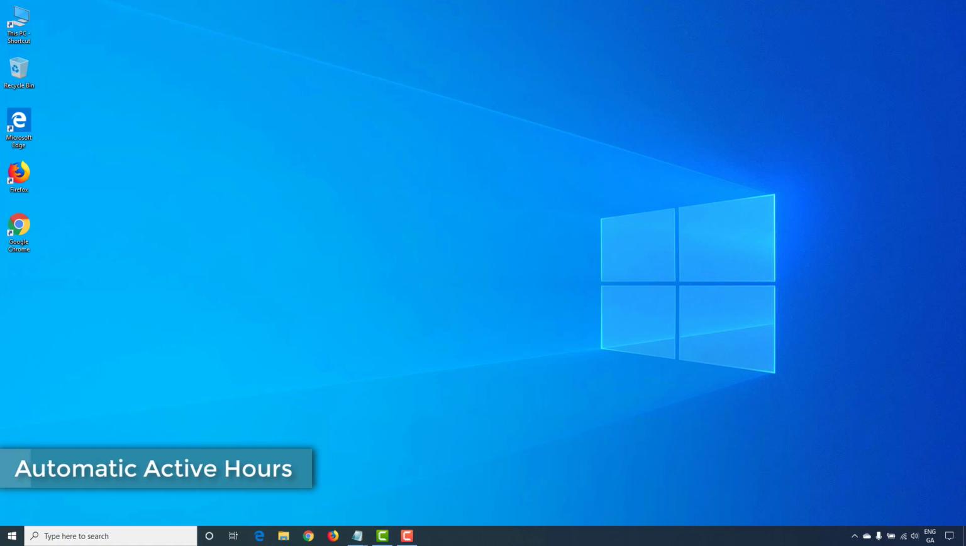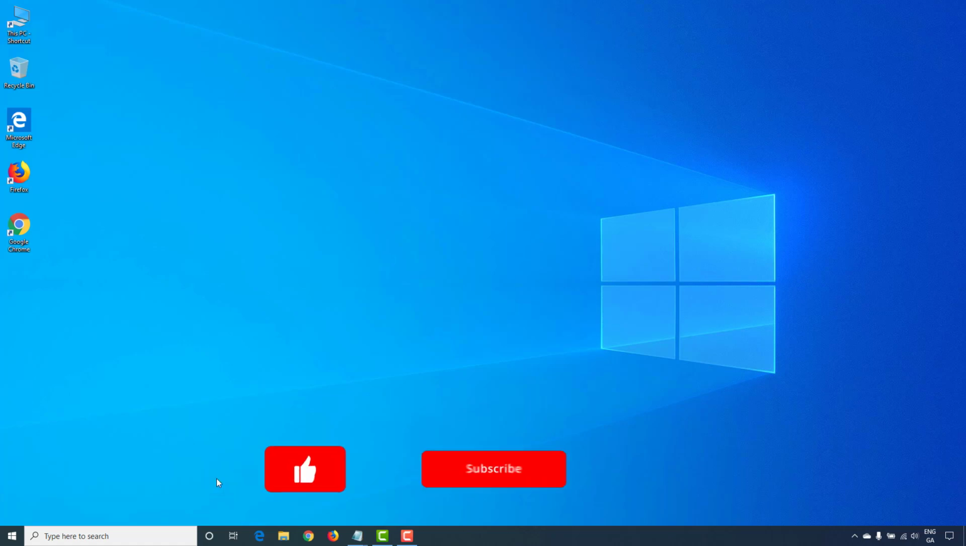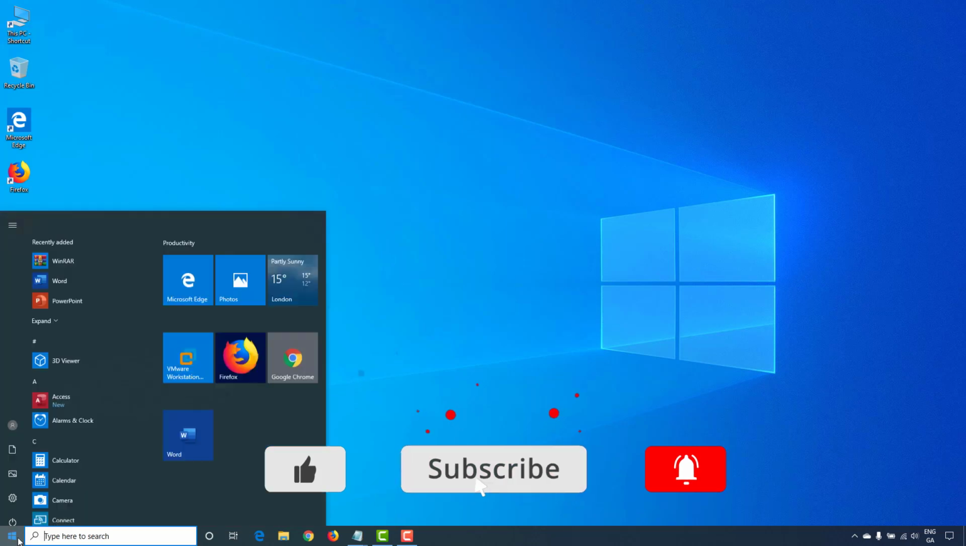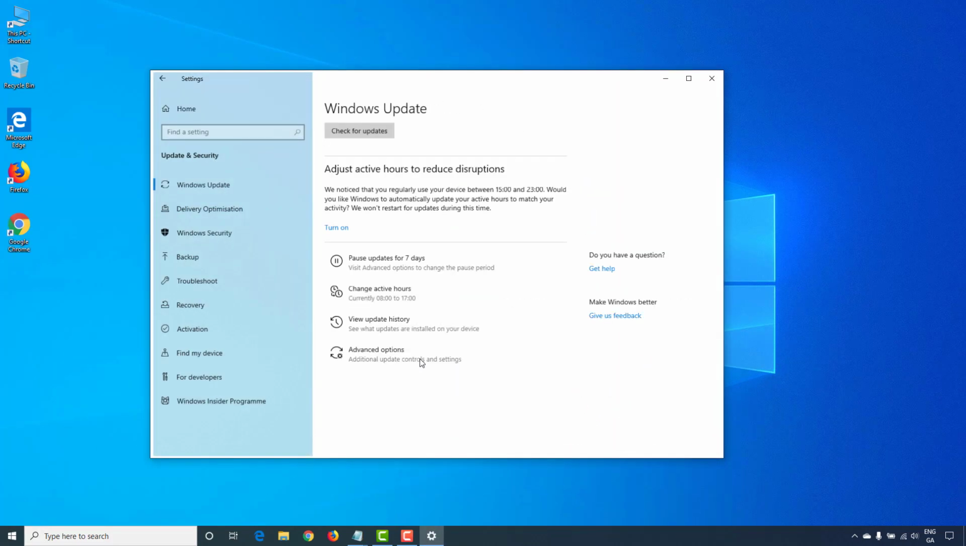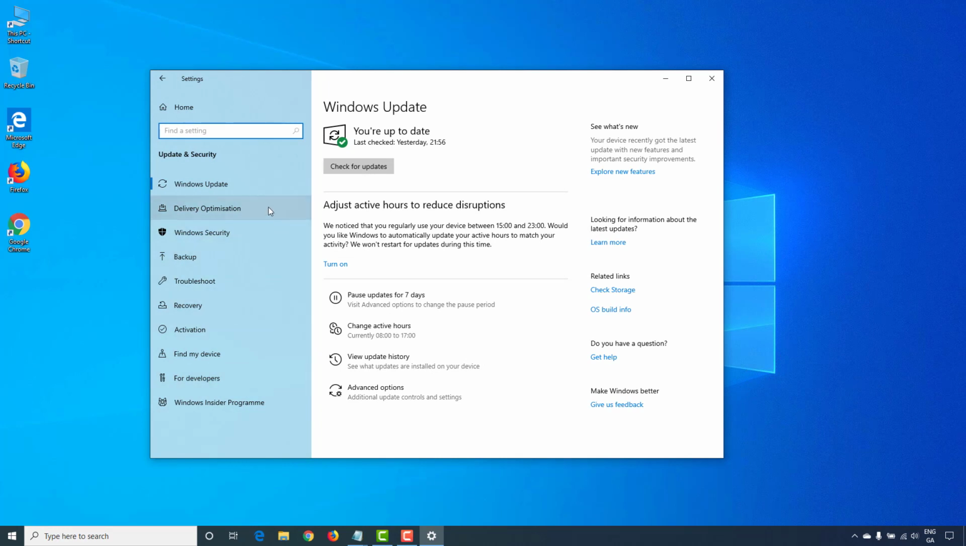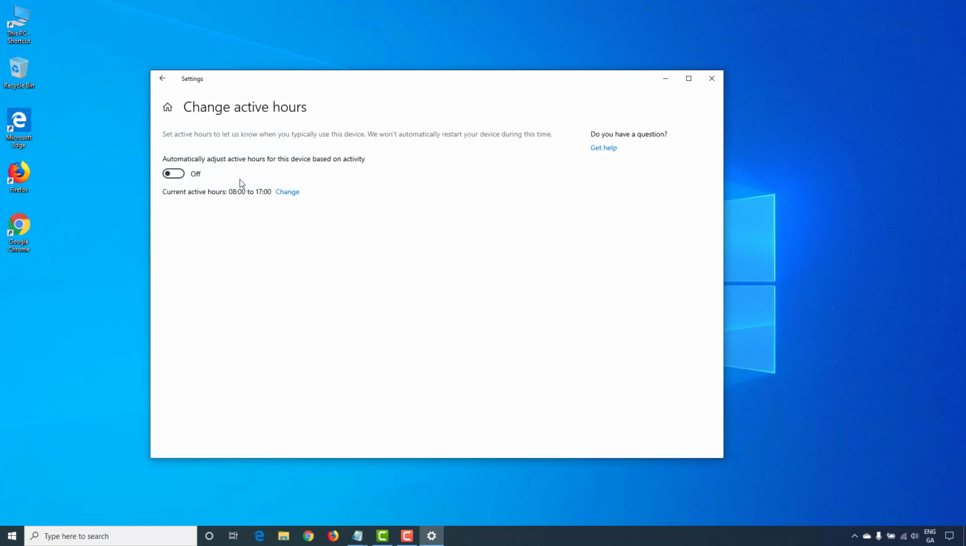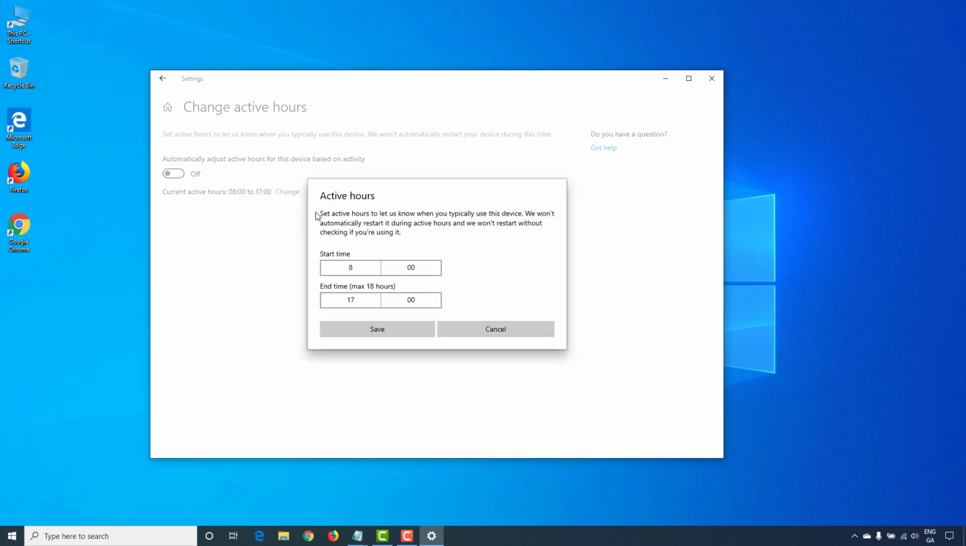Another change is automatic active hours. This is a new feature introduced by Microsoft which gives users the ability to change their active hours to help prevent sudden reboot when applying updates. If we go into the Settings app and into Update and Security and into Windows Updates, you'll see at the bottom there's a new option for Change Active Hours. So if you want to change your current active hours,